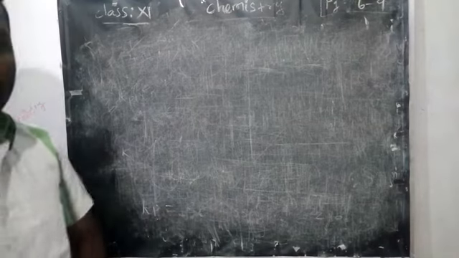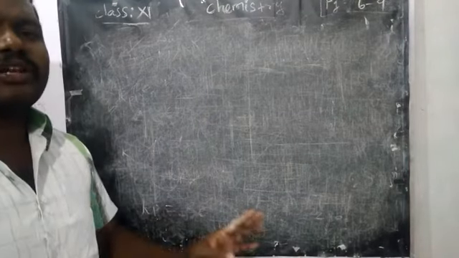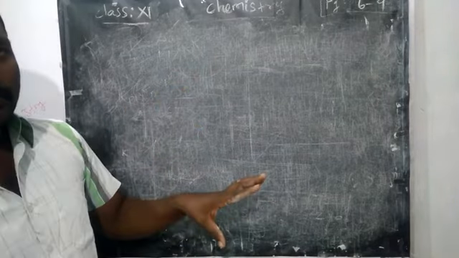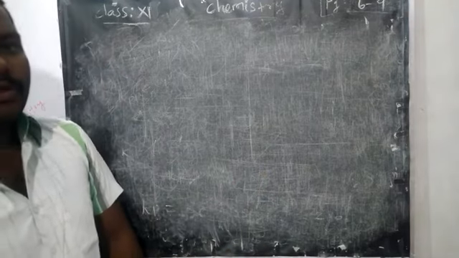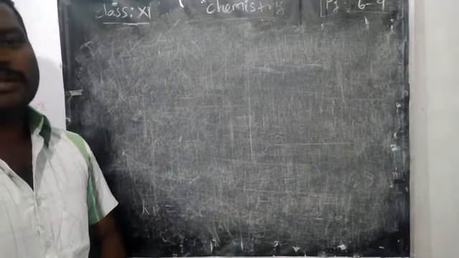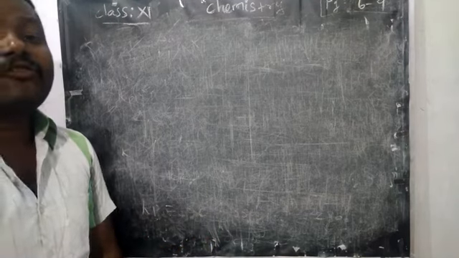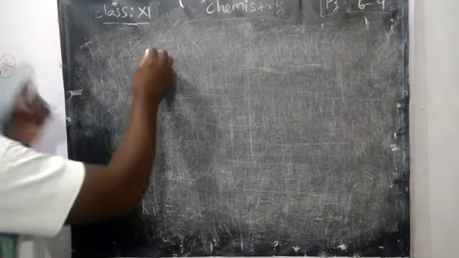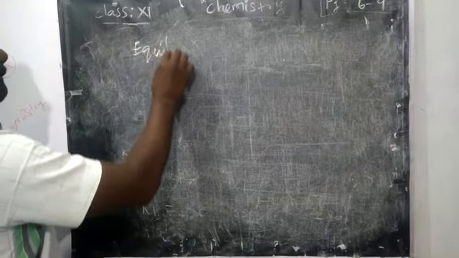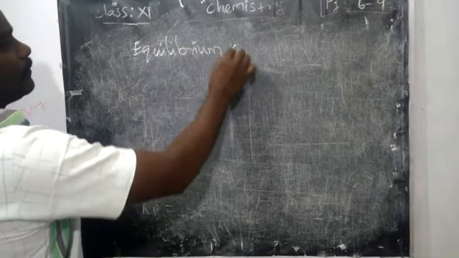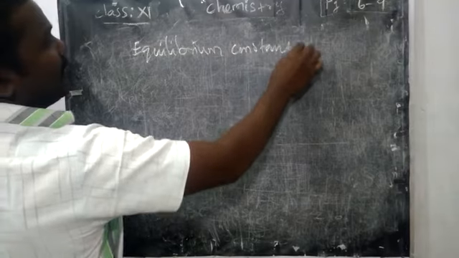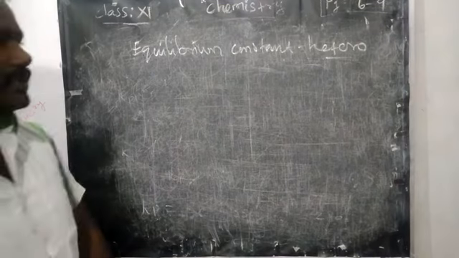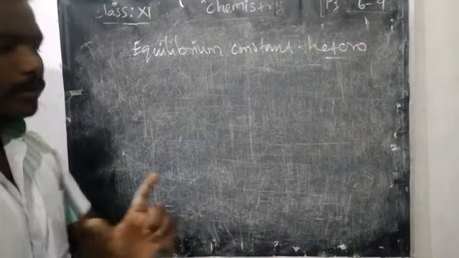Next, we are going to learn the equilibrium constant for heterogeneous reactions. Now we have studied all the Kp, Kc for homogeneous. Homogeneous means reactant and product in the same phase. Reactants are gaseous, product also gaseous. Reactants are liquid, product also liquid. But heterogeneous means reactant and product may be in different phases, different physical states. Yes, for the equilibrium constant for a heterogeneous reaction, how do you find it? See here, small change, right?